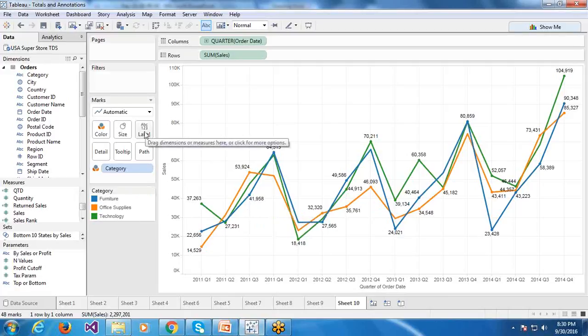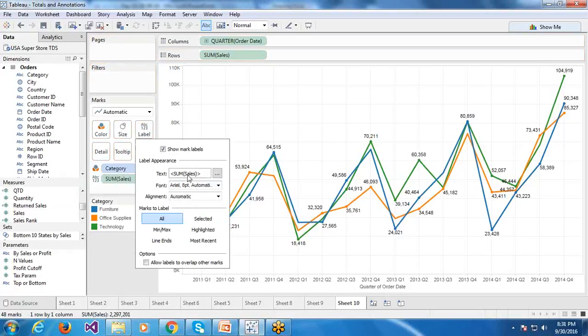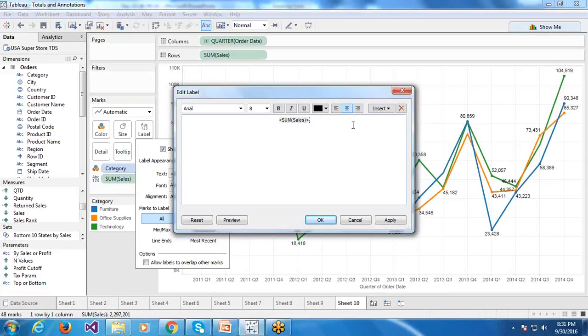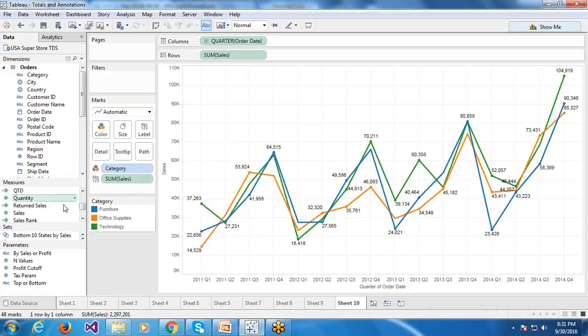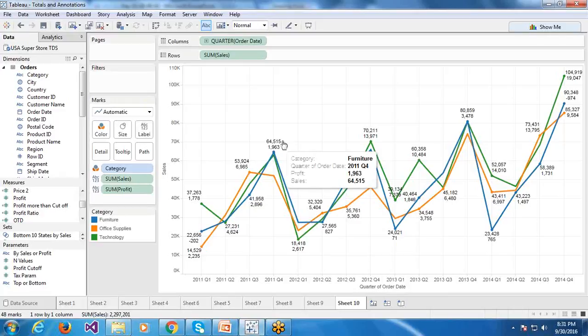For that you have to click on this, and first of all you have to drag a particular label, whichever you want to use per label. You can use this one. So you can apply any comment, or you can apply something else. Not only sales, you can also use something else, profit also, as a label. So you can manage. See, now I have both sales and profit as labels.